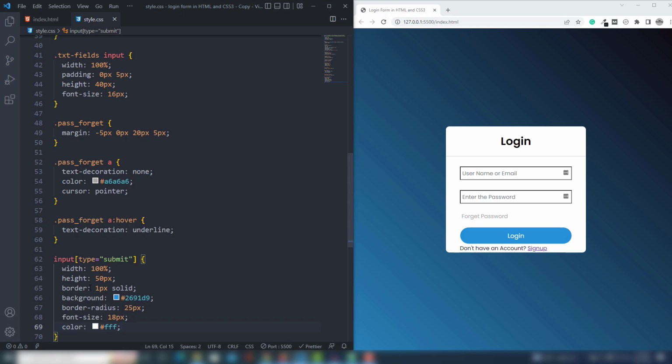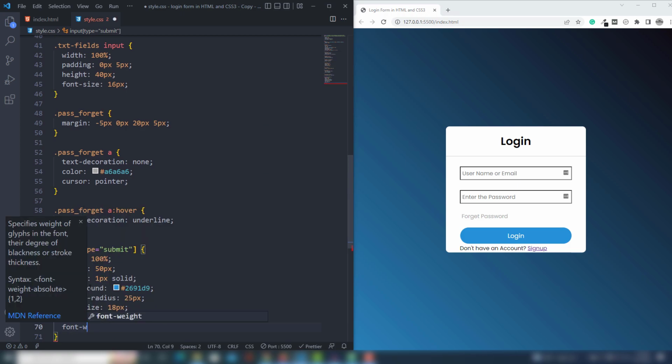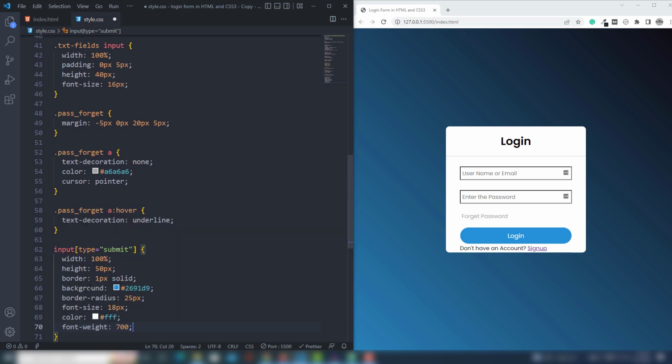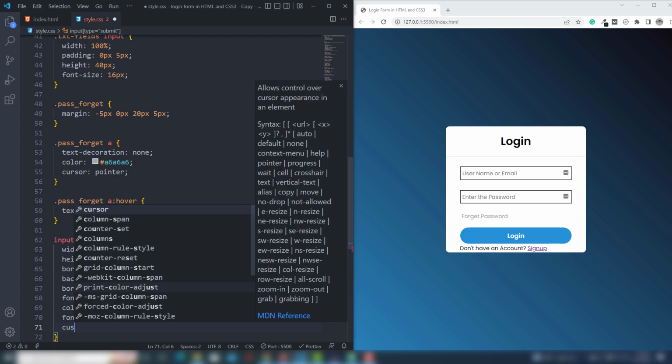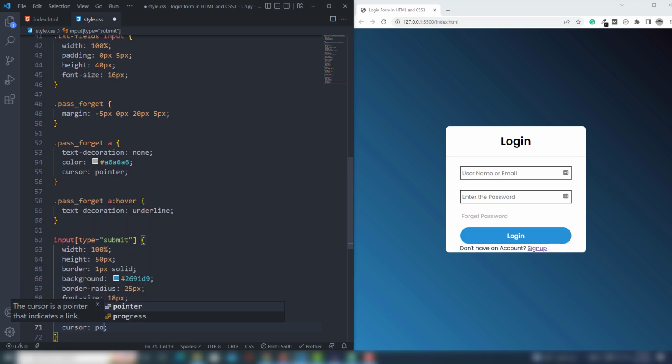Then I'm going to use the font weight will be 700. It's display a large size of the font, and I'm going to use cursor will be pointer, right? And then the last thing, not the last thing,